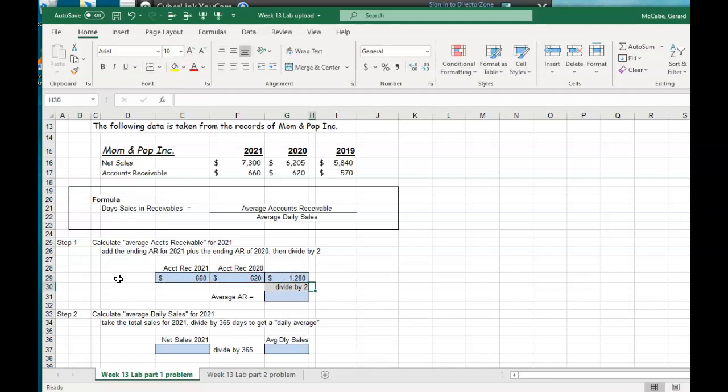I get 1280. I come down here. I say divide that number in 2. And if you're not comfortable doing simple formulas in Excel, that's fine. You're more than welcome to do it on paper, type it in. It's not necessary that you do formulas, but at this point, I hope that you would try some, okay? Now, so I've got 640 is the average accounts receivable, meaning it's halfway between the beginning balance and the